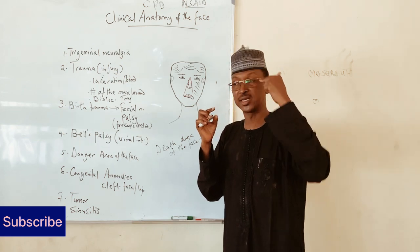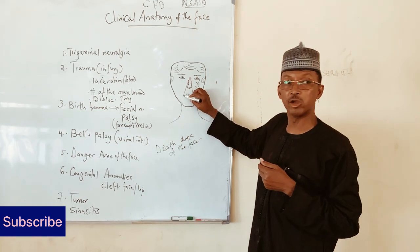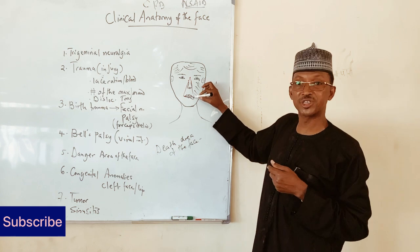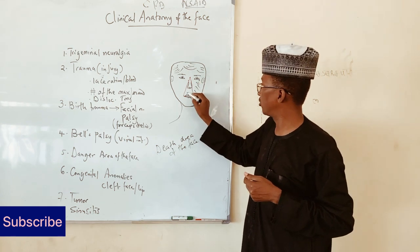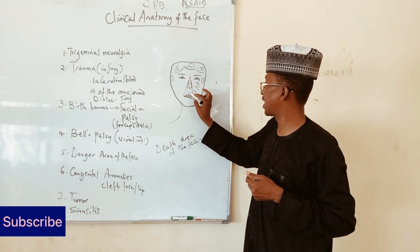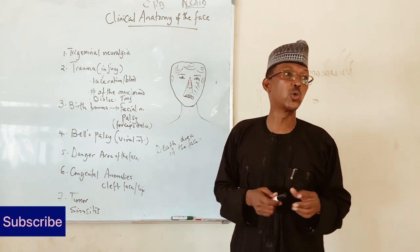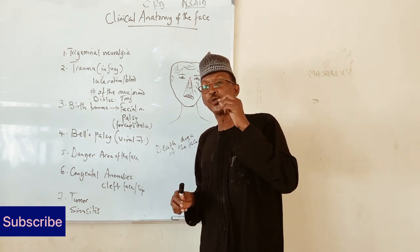And then you join this line. So from here, you make a line to come into this angle of the mouth, and then you also drag this line to come into the other angle of the mouth. So you join the 3 points, and any part of this face here is what we call the danger zone area of the face. Why we call it the danger zone area of the face is because, if you have an